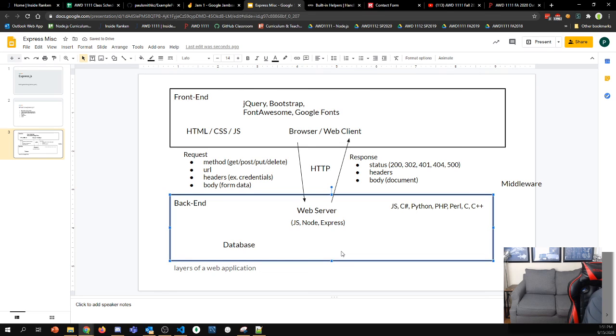Cool? We're integrating into that lifecycle. Now, when I want to connect into that request response lifecycle,